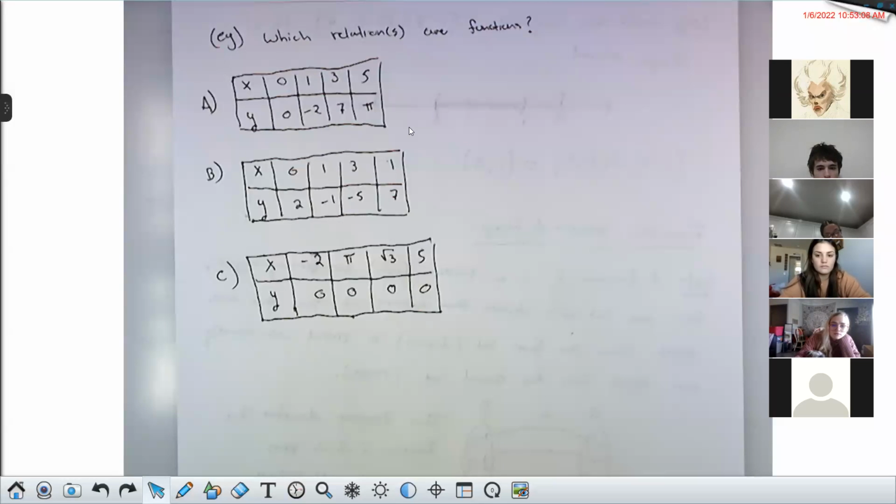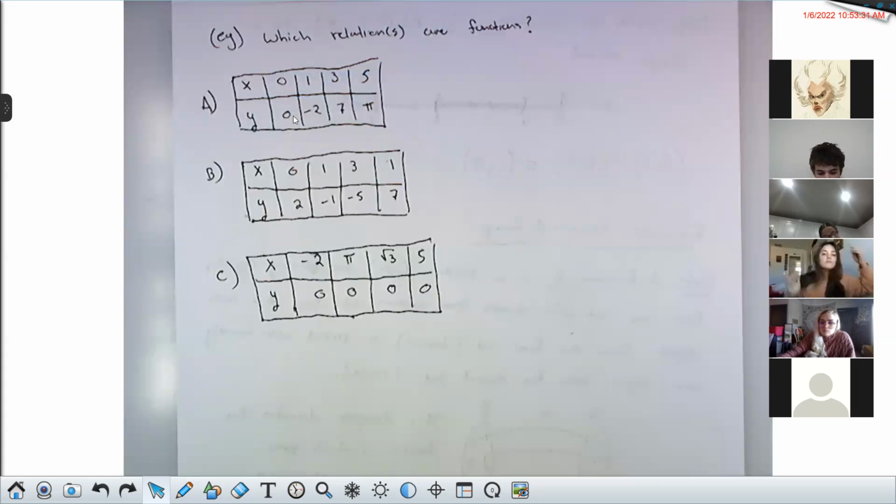We're checking to see that each input has exactly one output. Very good. Yeah, we want to make sure that each input, each x value, gets sent to one and only one output, or y value. In other words, what we should be looking out for is what Chetty said: is there any given x that has two outputs or more?